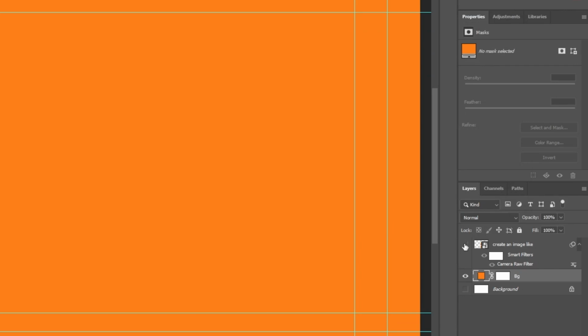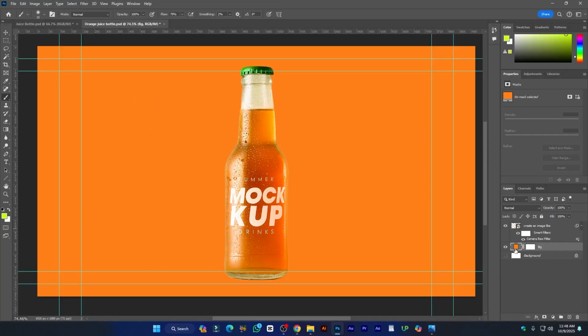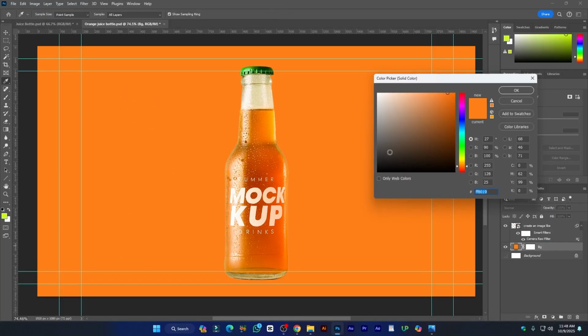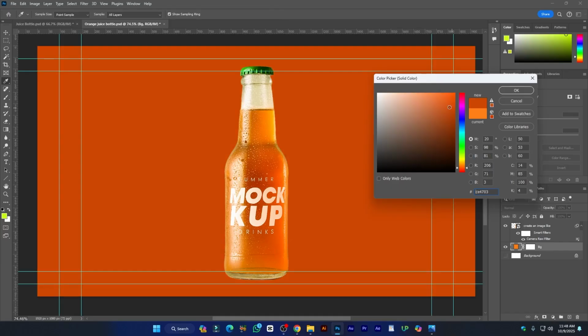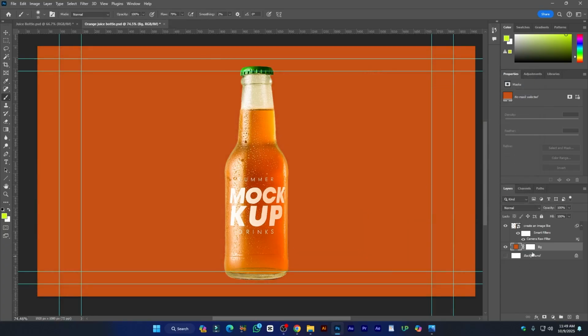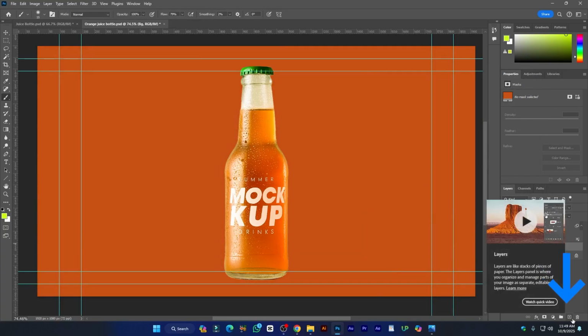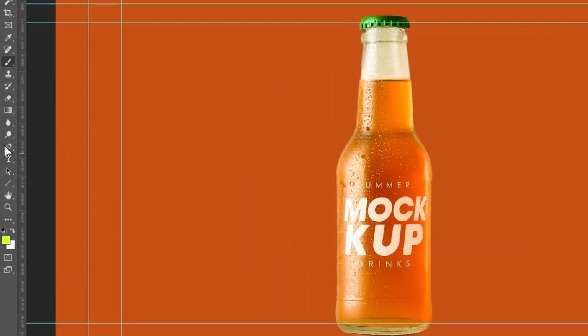Okay, you can also turn on this image from here. Then you can double click over here and select this color from here. Okay, like so, and make it a little bit darker. Hit OK. After that, again I create one more layer, and again select the brush tool, and from the